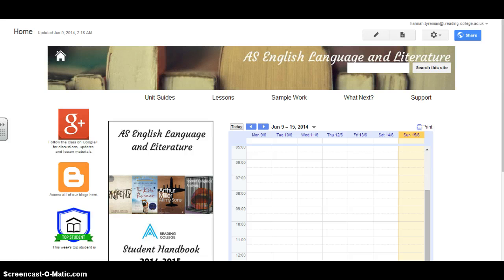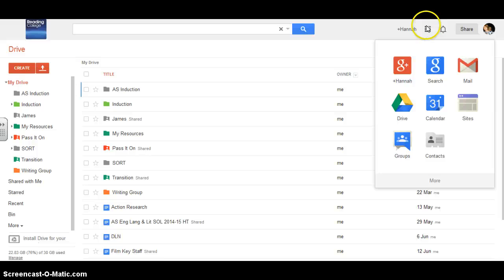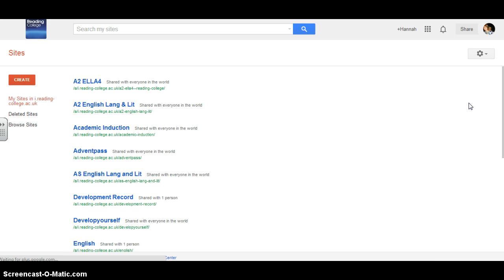layout for your site. So when you're logged into Google, if you go up to your apps button in the top right hand corner, there's these little squares, and click on sites. When you click on sites, I have a list of all the ones that I've created. However, your list is most likely empty on this right hand side here. So if you're creating a site for the first time, just click on the red create button on the left hand side